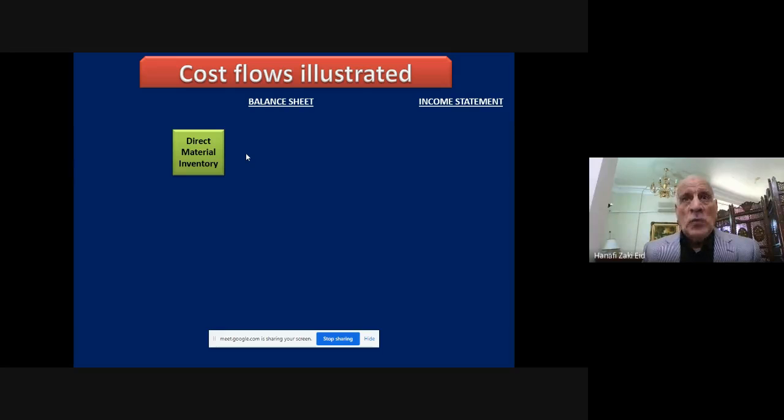We want to measure the cost of production. So we have to measure the cost of that portion of materials which was used in production, in processing. In order to calculate this cost,